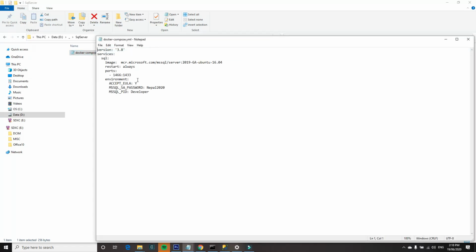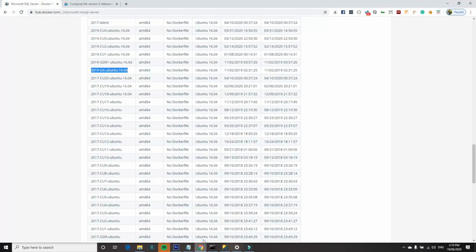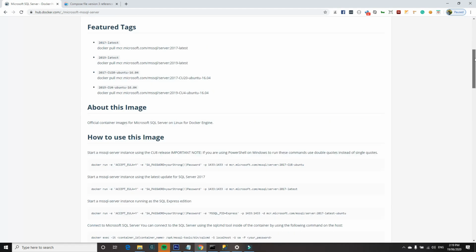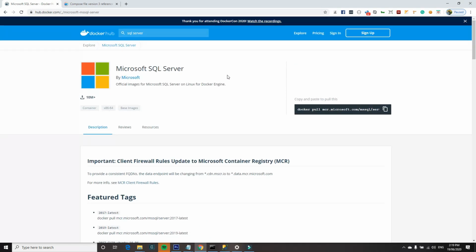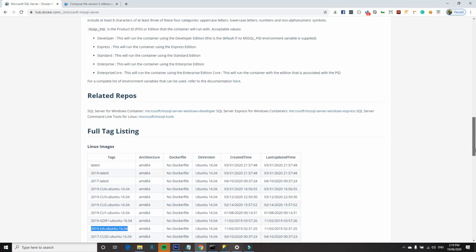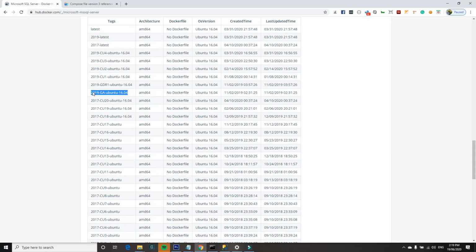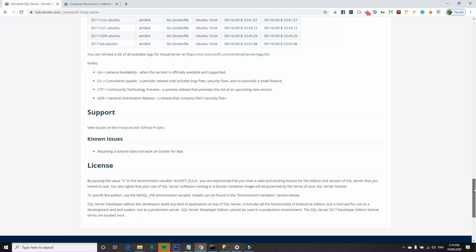If you open this file, you will see I set a version, and in the services I have this SQL, where for the image I set MCR, which is nothing but the images that I get from the Docker Hub. If you go to the Docker Hub and search for SQL Server, I picked this image, 2019 GA, which stands for general availability. So I use this image